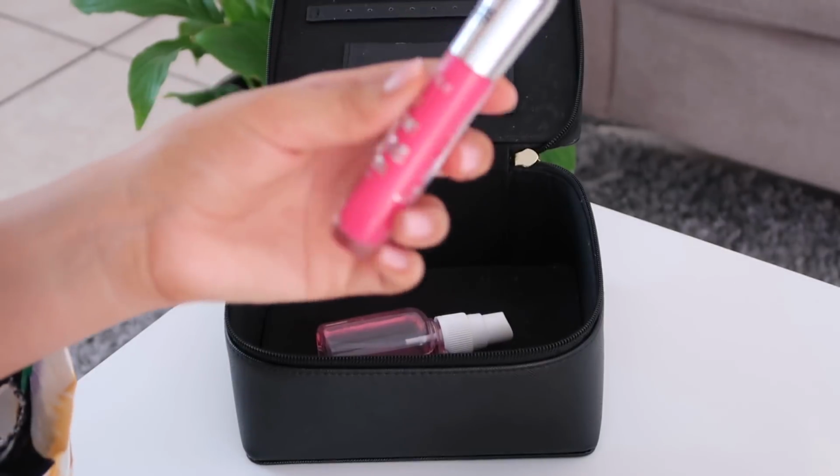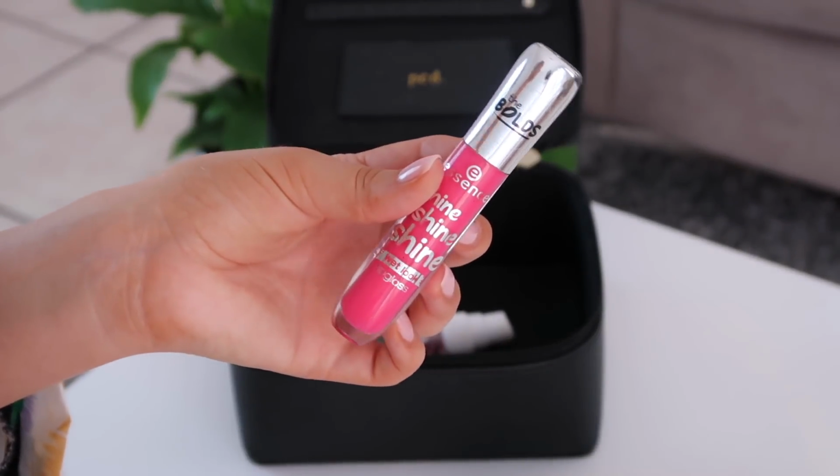This is just the Shine Shine Shine Wet Look lip gloss from Essence. This one is in the shade One Woman Show. It's a very bright pink, but let's just put a little bit of this on. I'm just going to put a tiny bit of this on though,